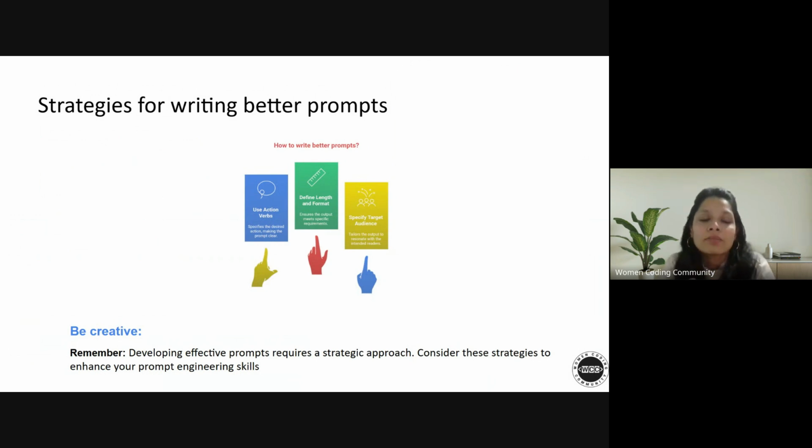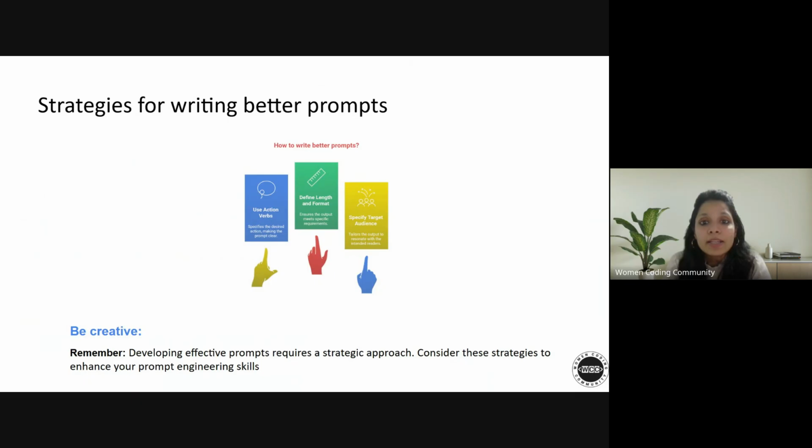This is a bit on my notes, some of the strategies for writing better prompts. Again, these are very different to individuals and use cases. But I find the use of action verbs helpful, and all this information is actually taken from Google prompt techniques and details that they talk about. So you can go through them in detail, you can practice, and you can use this as a template for writing your own prompts.